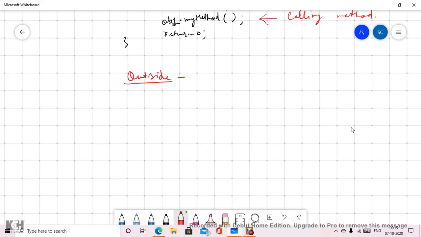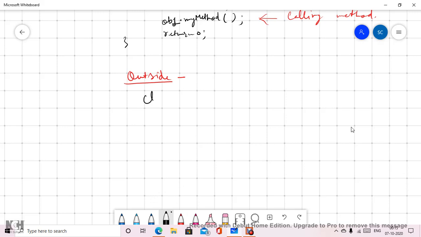This is done by specifying the name of the class, and then using a scope resolution operator, the double colon as we call it, followed by the name of the function when we are defining the method outside the class boundary. So let us see what type of syntax would be here.